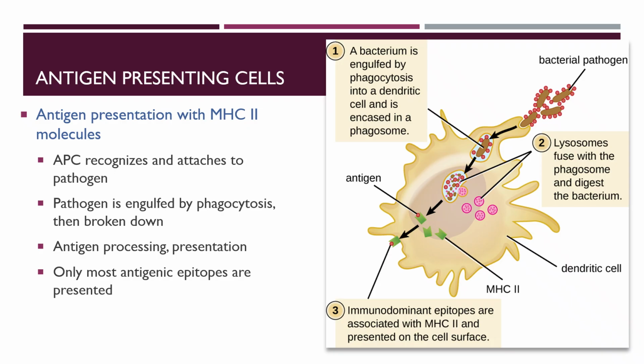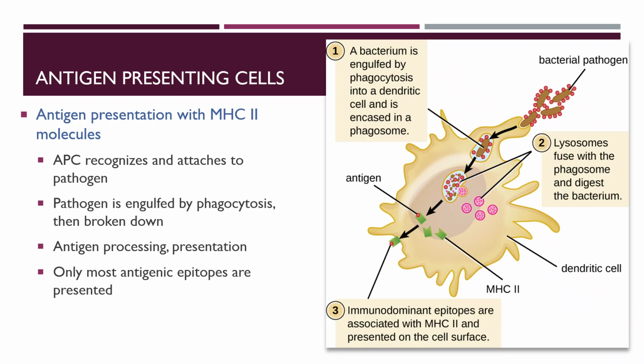Antigen presentation with MHC2 molecules. The APC recognizes and attaches to the pathogen. The pathogen is engulfed by phagocytosis and then broken down. Antigen processing and presentation occurs, and only the most antigenic epitopes are presented. So it's showing you in the picture, the bacteria is engulfed by phagocytosis into a dendritic cell